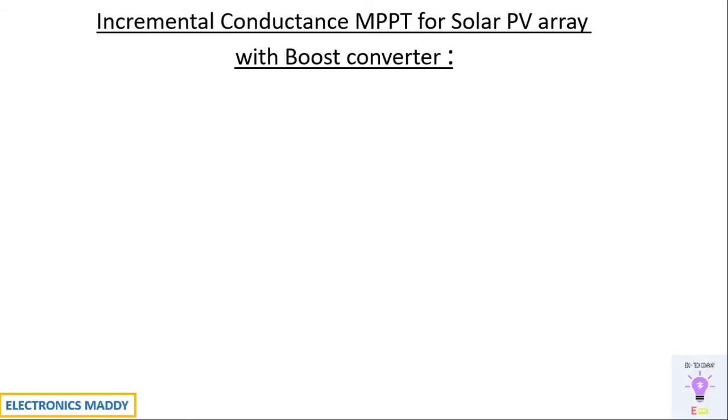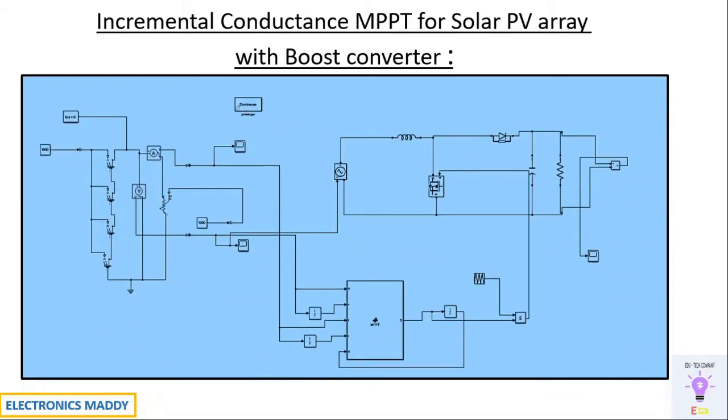Alright, let's get started. So this is the MATLAB model of incremental conductance MPPT system for solar PV array with boost converter. So what is this model all about? At the first place, this is our solar module. We basically have four solar cells with a voltage rating of 3 volt connected in series. So 3 plus 3 plus 3 plus 3 will give you 12 volt at these terminals. I am giving it to a boost converter, and it is designed such that you get around 120 plus voltage at the output terminals.